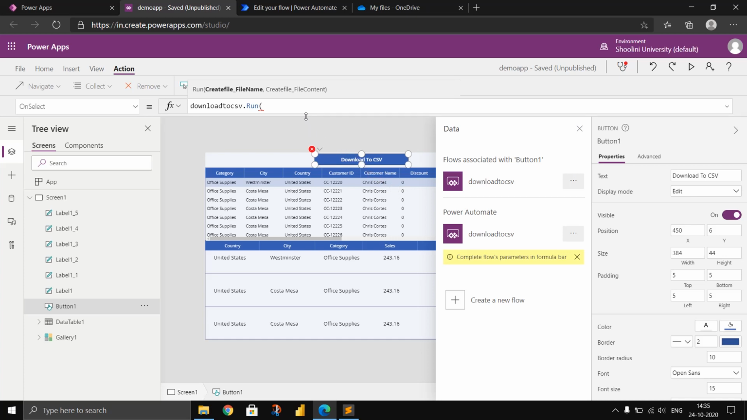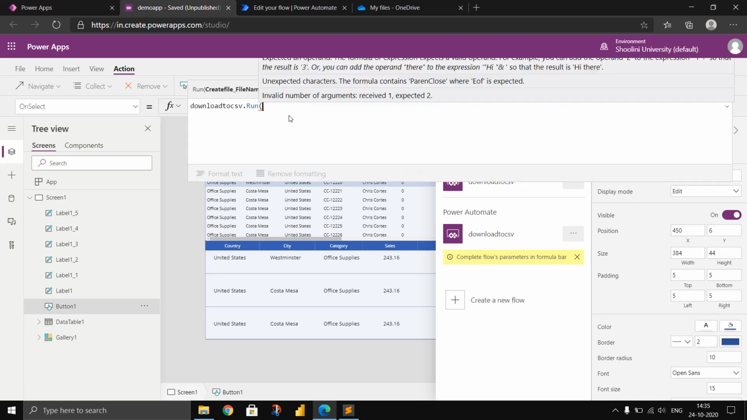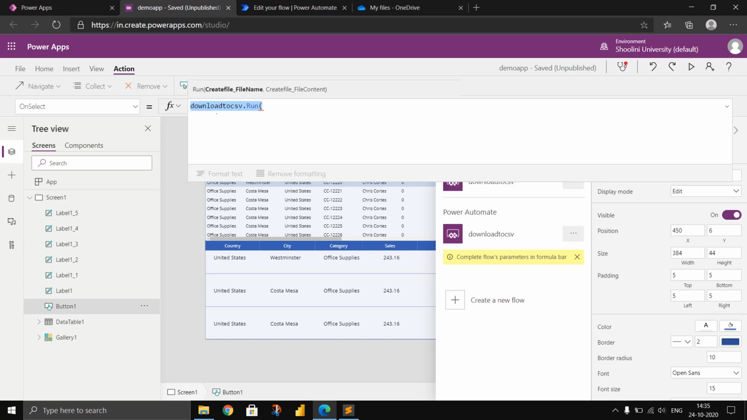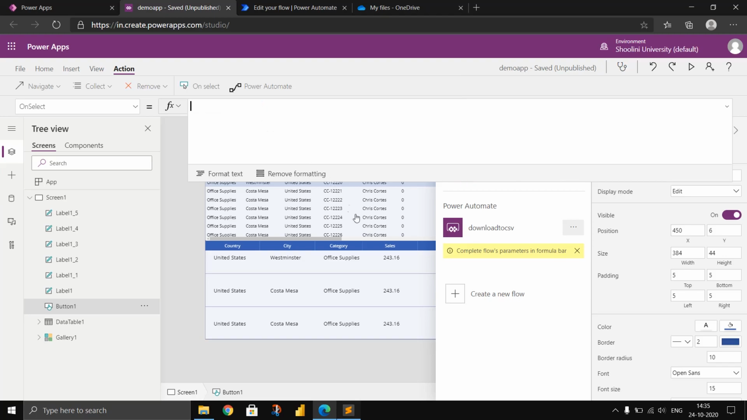So you can see it's asking for the file name and the file content. This is our flow name dot run. It's asking for this. So we are using this, what I've shown you, this one, in the set function. Okay, what you have to do is copy that code again,